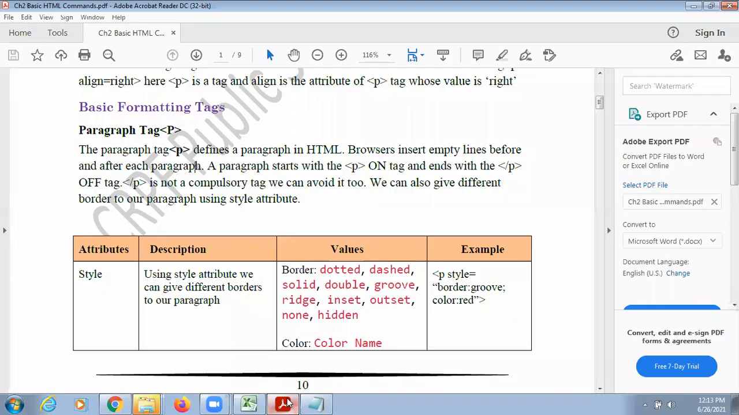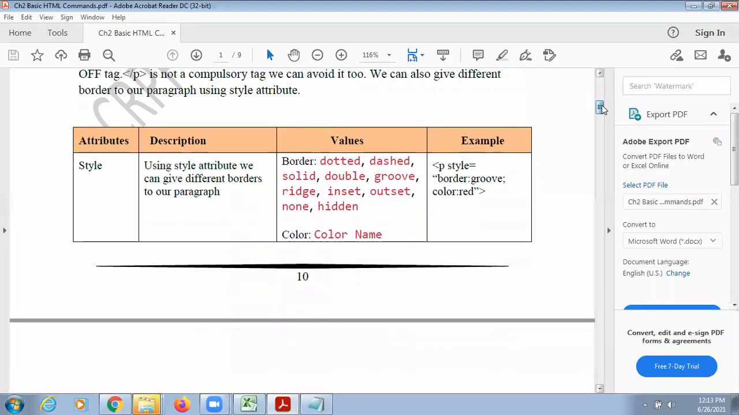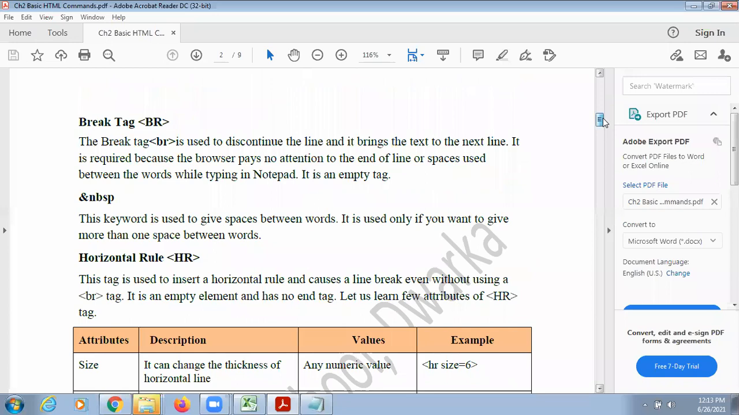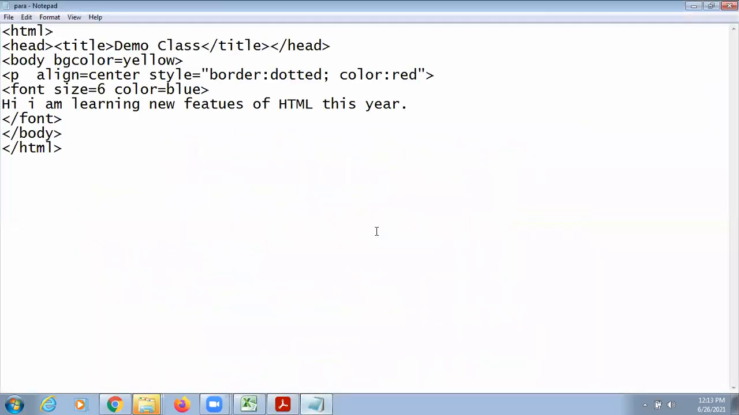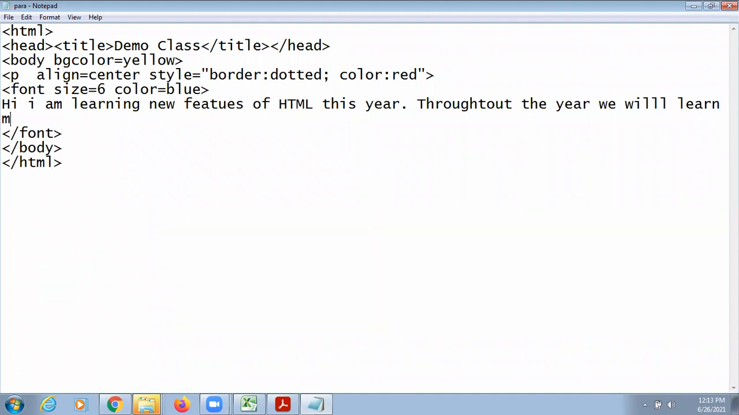Okay. Next is after the paragraph tag. Next tag is break tag. Break tag is used to skip a line and bring your content to the next line. So suppose after this line I am writing, throughout the year we will learn many new features and tags,